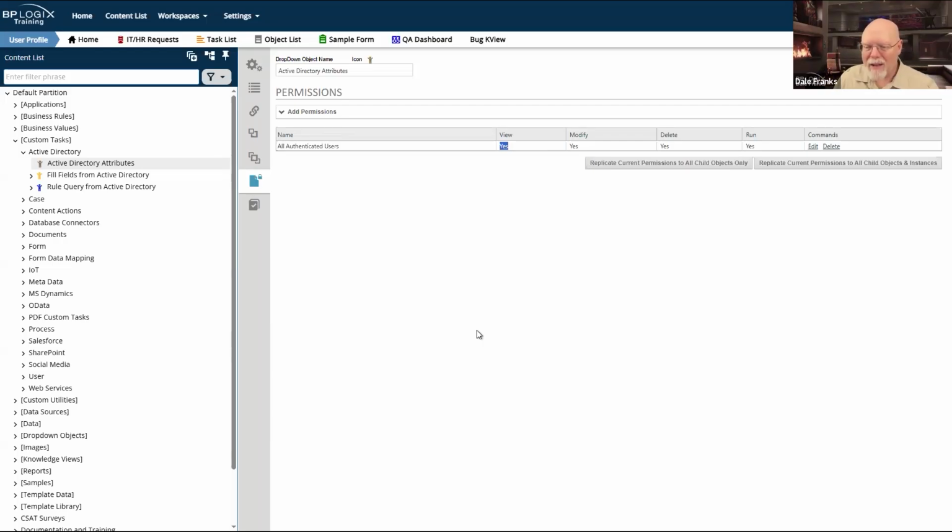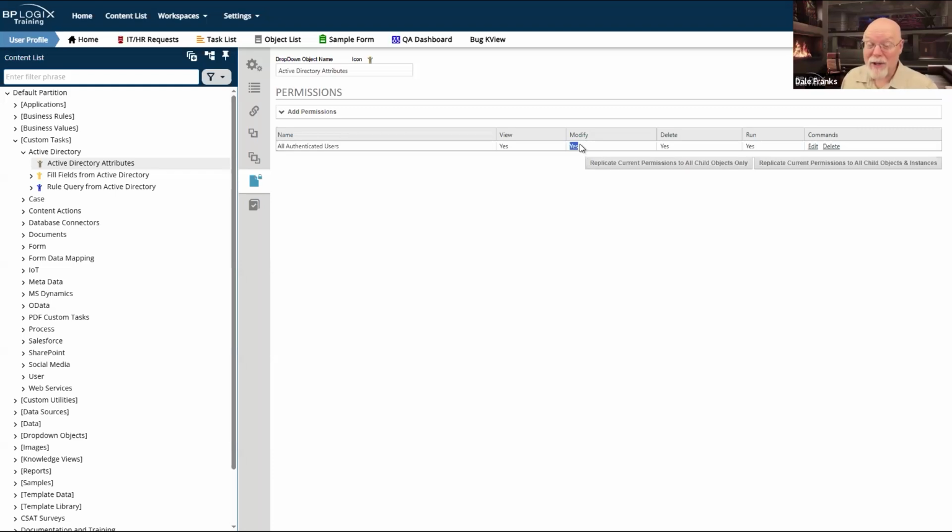We decided that we wanted to tighten security up on that a little bit. So what we did is we said, okay, well, you can configure a custom task in a form or process timeline if we give you modify permission for the custom task. Okay, sounds good. That way, only people with modify permissions on the custom task can go into a form and make changes to the form definition or any custom tasks that are associated with that form definition. They just won't be able to configure them unless they have modified permissions.